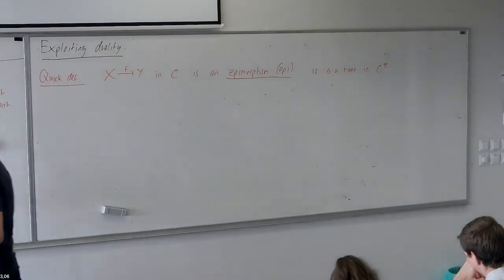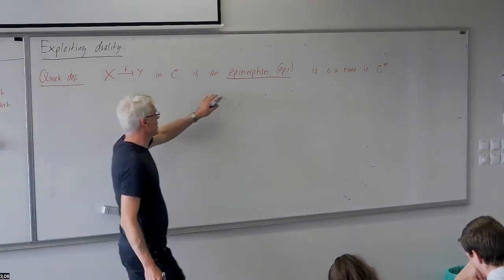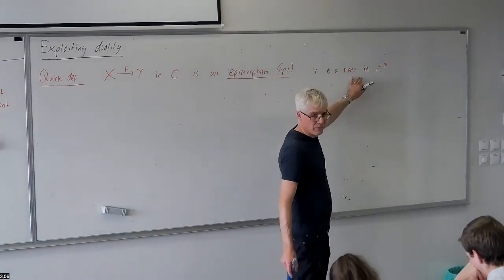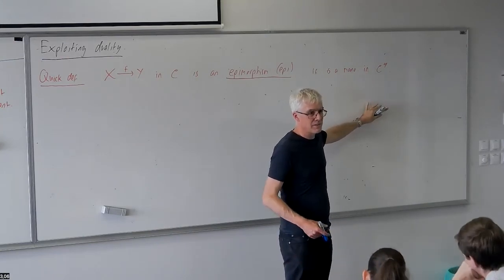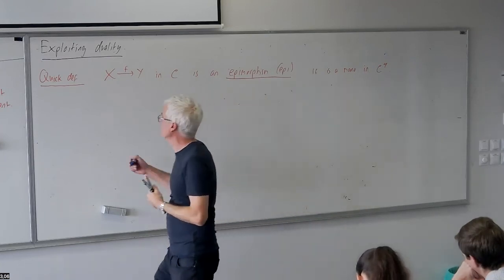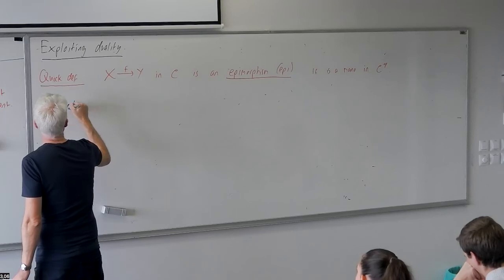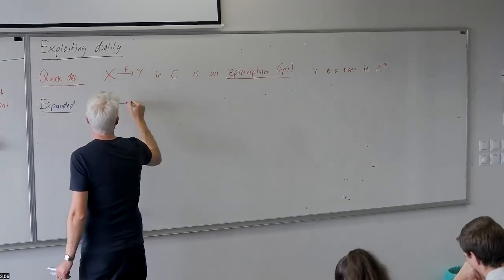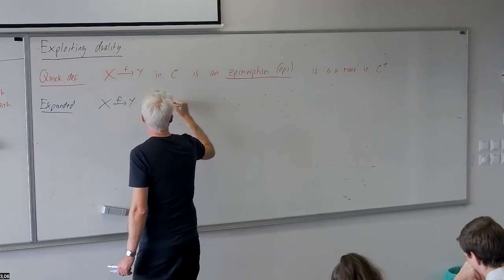Well, that's nice because it's a really quick definition. Of course, we can simply expand the definition of what it means to be a monomorphism in C op and get a definition of epimorphism that does not refer to the opposite category. So expanded, let's do that. Expanded, X f Y is epi